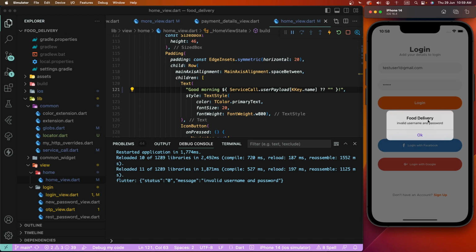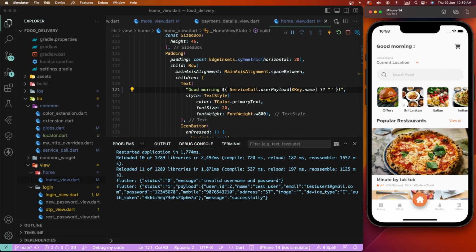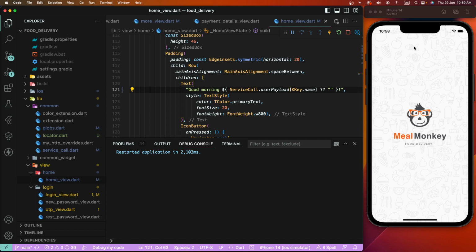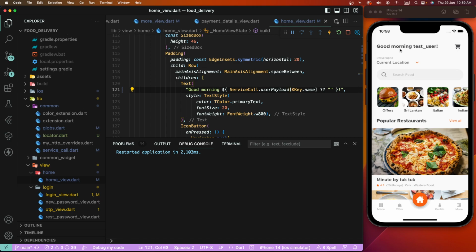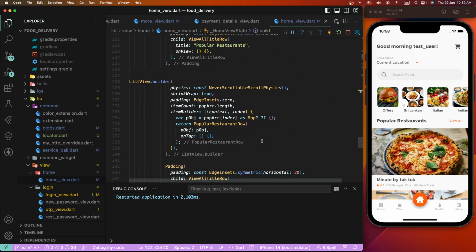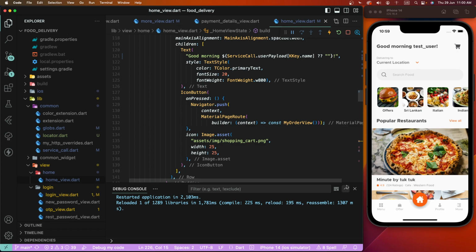Now done screen and at here, not this attention. Now need to